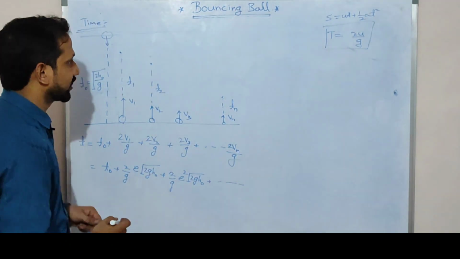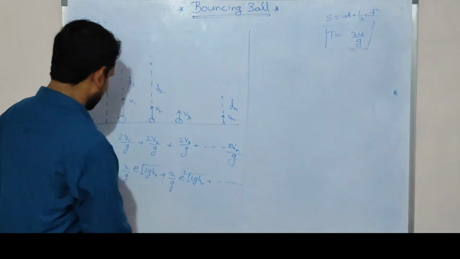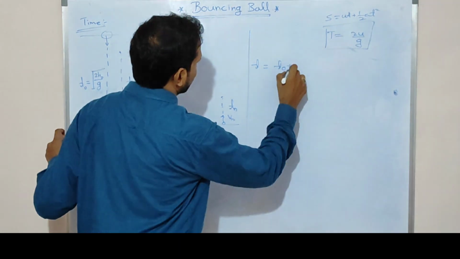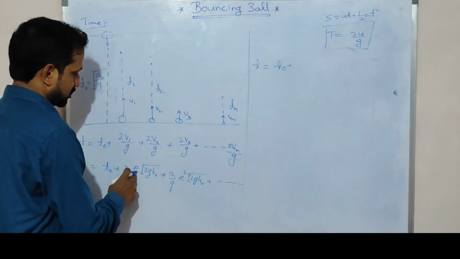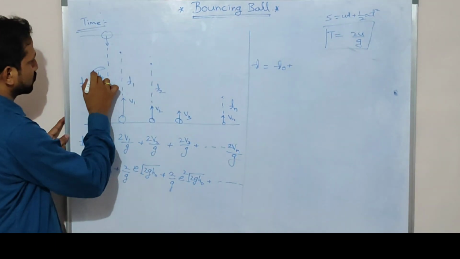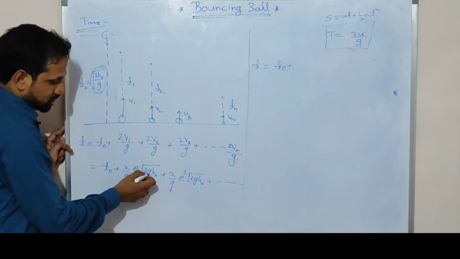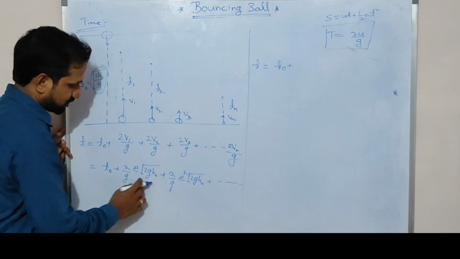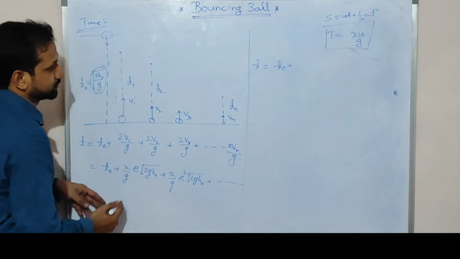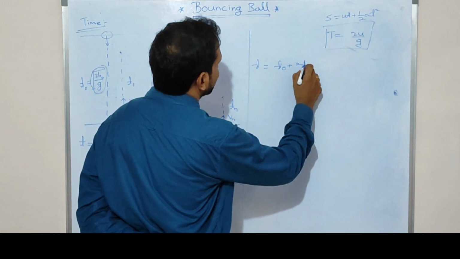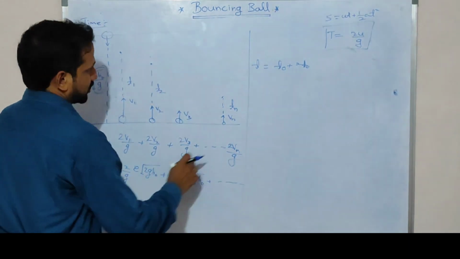When you take the total time, t equals t naught plus 2 by g e into, actually t naught is root 2 h naught by g, and root g by g will be 1 by root g. So by calculating this, we have t naught plus 2e times t naught,